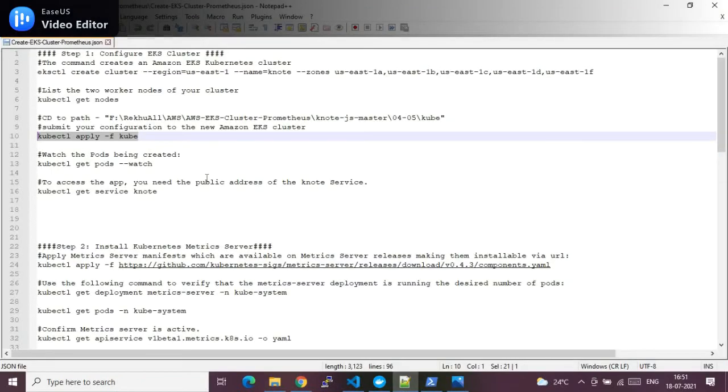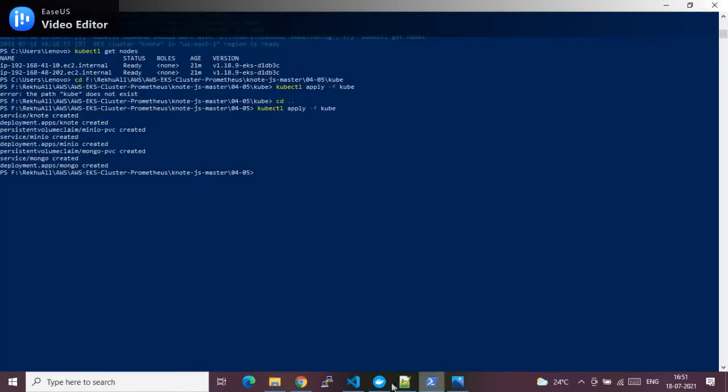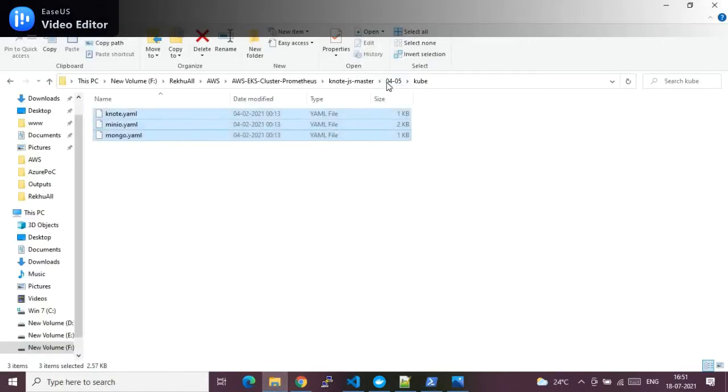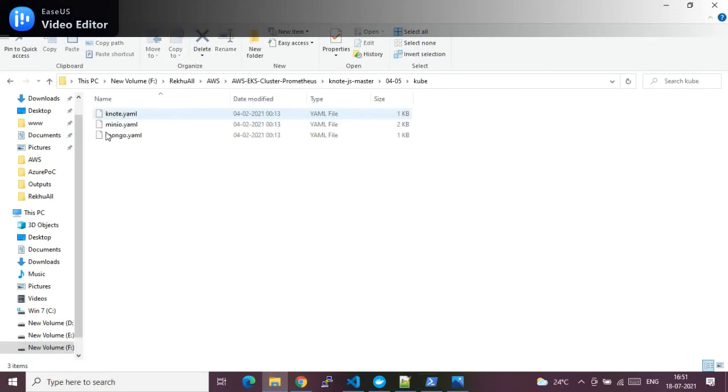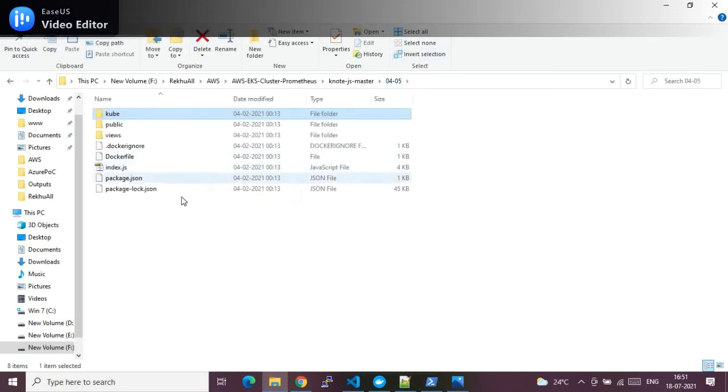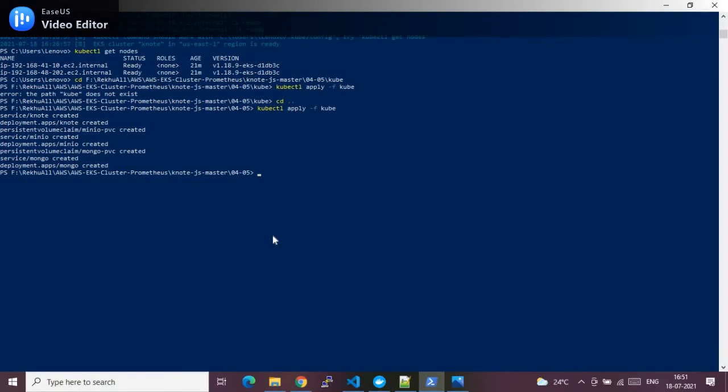Okay, now let's go to the next step and check if our pods are running in the cluster. Now you might have one small doubt in your mind: how has it identified all this? Since we have our required source code defined in this folder, and we are invoking this YAML file, it automatically identifies the dependencies and hosts the example application, nothing but the Keynote application, on my EKS cluster. Okay, that's the layman's terms to understand what is happening here.